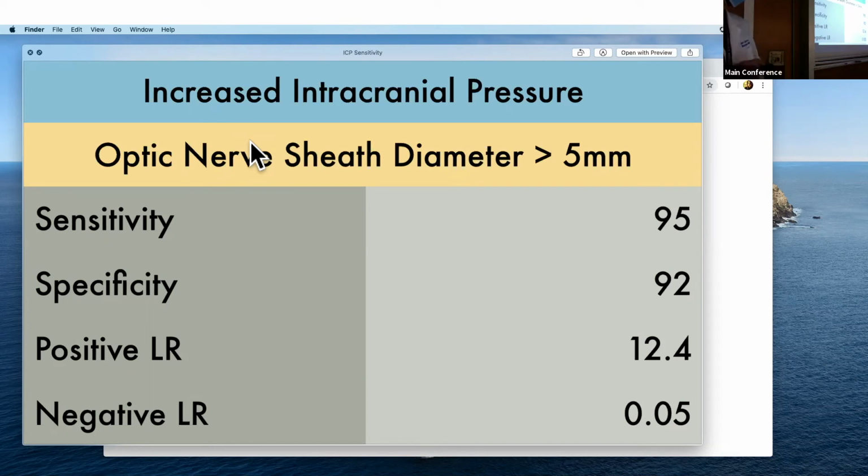Maybe that's a pretty good sensitivity, and maybe I should reevaluate how I can incorporate that in my practice. Obviously, you use different things in different capacities. Something highly sensitive, maybe it's not going to be that specific. But if we're just using it for a screening exam, like if I have a patient coming in and no other sign is pointing me towards going further, admitting the patient, getting an MRI,